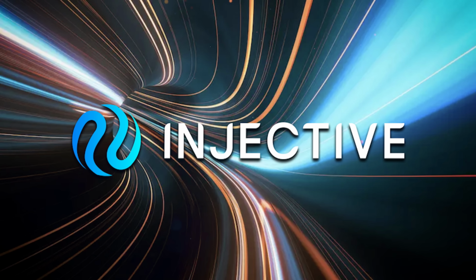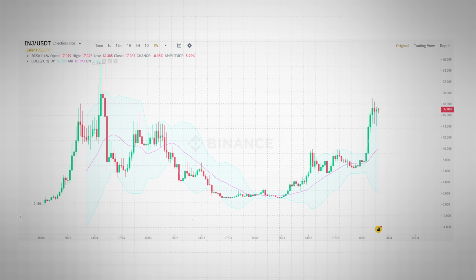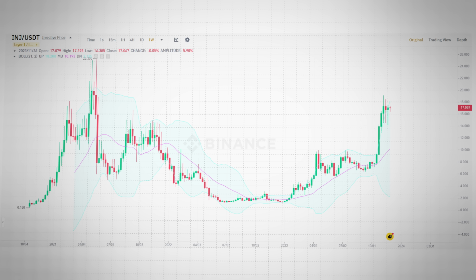Anyway, take Injective Protocol for instance. Injective is a derivatives DEX that lives on its own blockchain. That means there's a demand for INJ to pay for fees in addition to all the other demand drivers related to the DEX. As a result, INJ is one of the few cryptos that's rallied close to its previous highs in the bear market. Mid-cap cryptos with this kind of profile are arguably the best ones to accumulate,